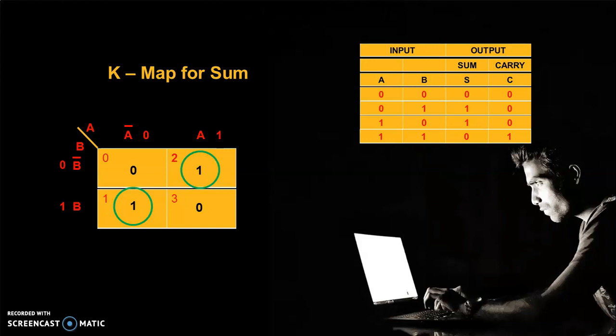We have two groups, so we will have two product terms, and we can write S is equal to A bar B plus AB bar. For the first group we can write A bar dot B, plus for the second group A dot B bar. So we can have a simplified Boolean function with the help of K-map.